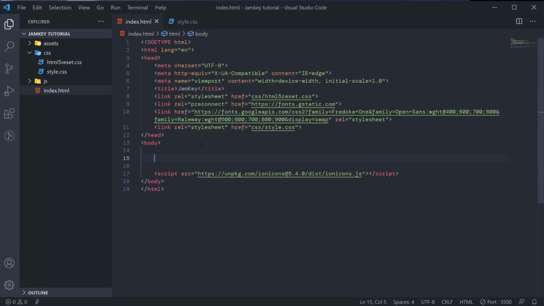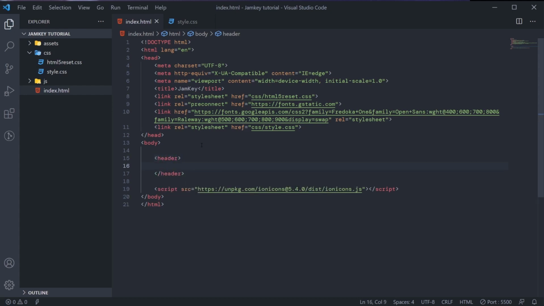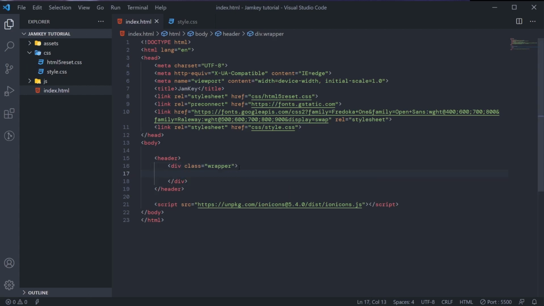So I've created this header tag, and I'll create a class of wrapper. This wrapper will house our logo, our form, then these buttons and these icons here. So now we'll create a new class.